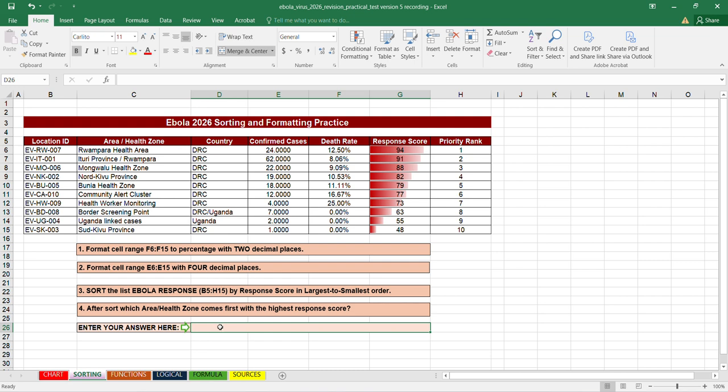Okay? So that is Wampara, space, health, space, area. Okay? And then you click outside. So that is the last task for sorting.